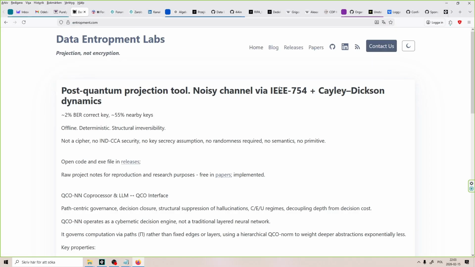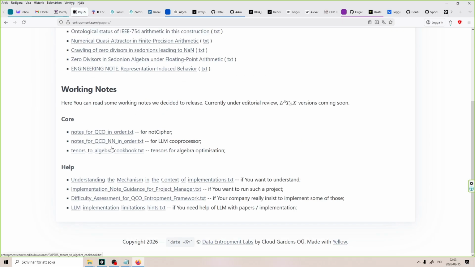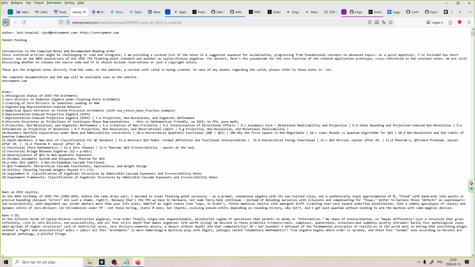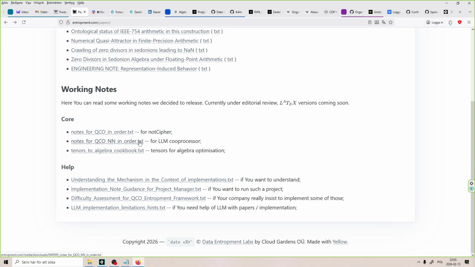So what you're gonna need, you can find here on DataEntroper.com, and you have all the papers if you want to make such a project. So you have text papers here. This is all algebraic things to do this, and if you need something for LLM coprocessor, it is for now just algebraic. I didn't start this, I just wrote down how to build it. Tensor for algebra optimization, of course, it is used. And here are the project hints and info, what you need to know, what to do, and how to organize